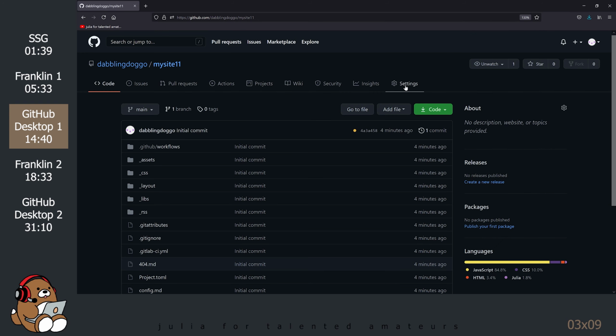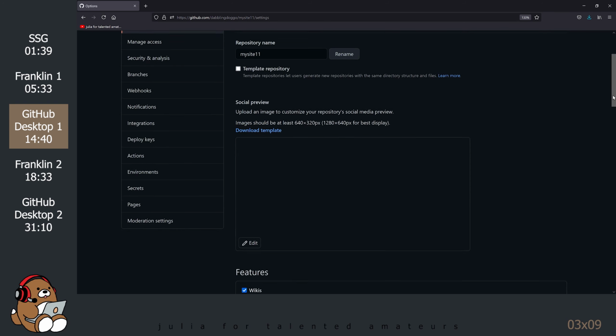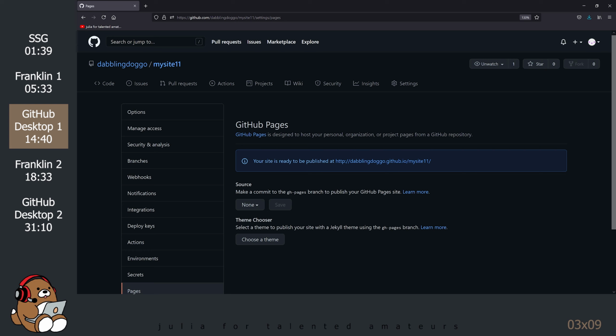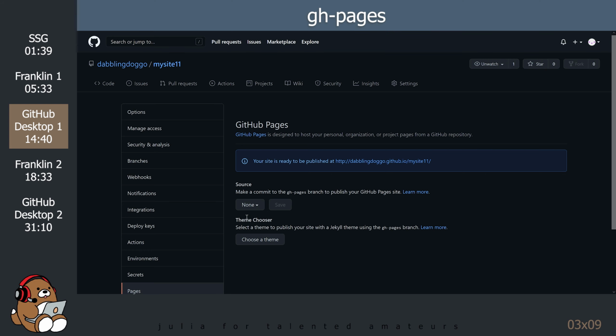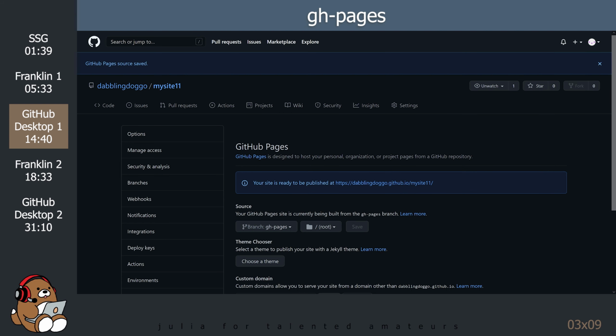Go to Settings and click on Pages. Under Source, select GH-Pages and save. If you don't see GH-Pages, wait a few minutes and refresh the page.